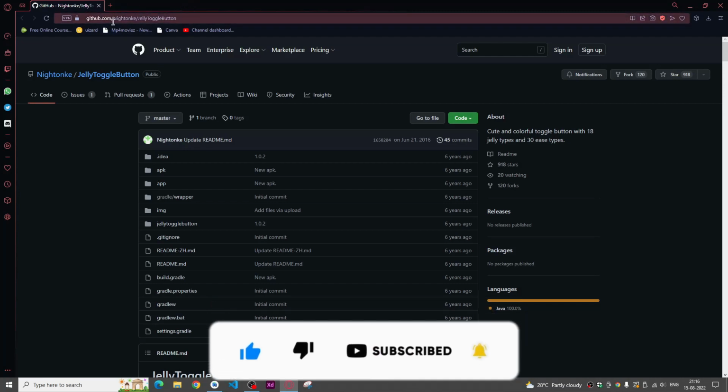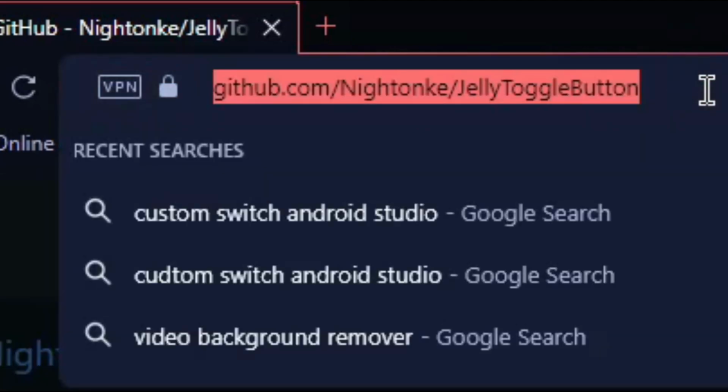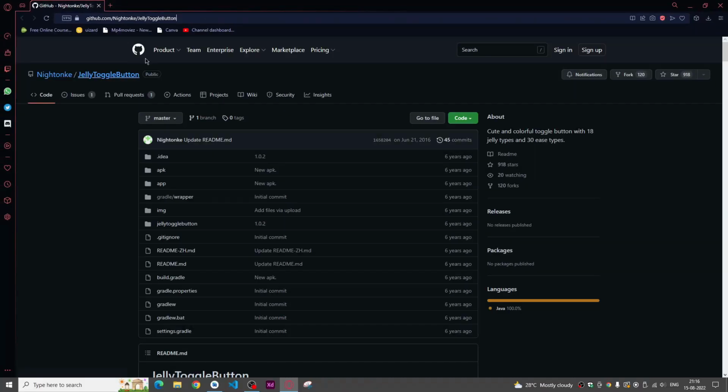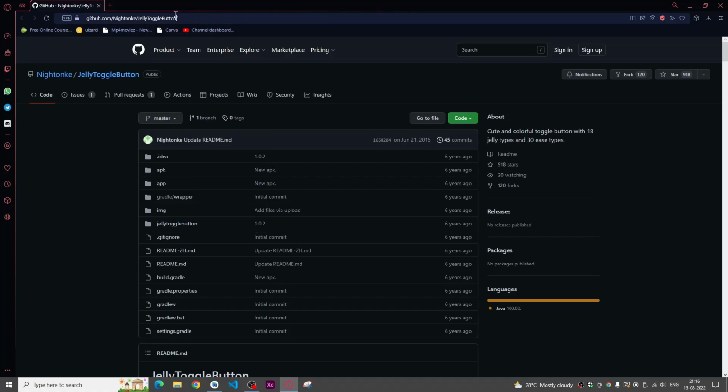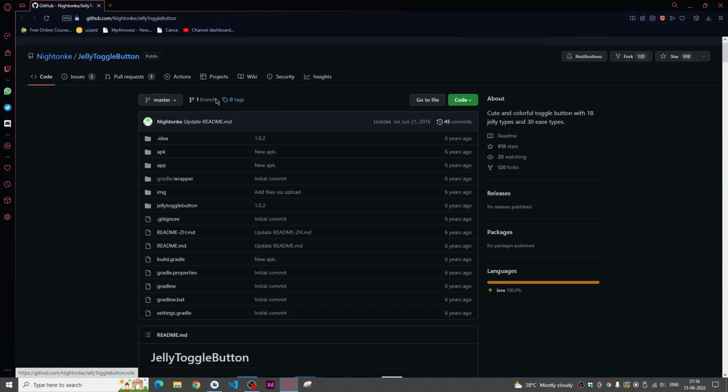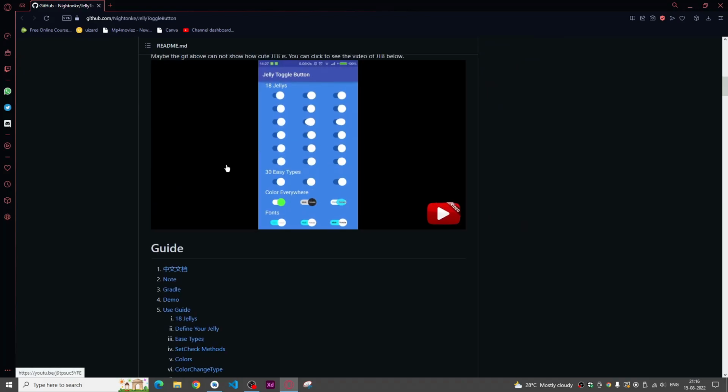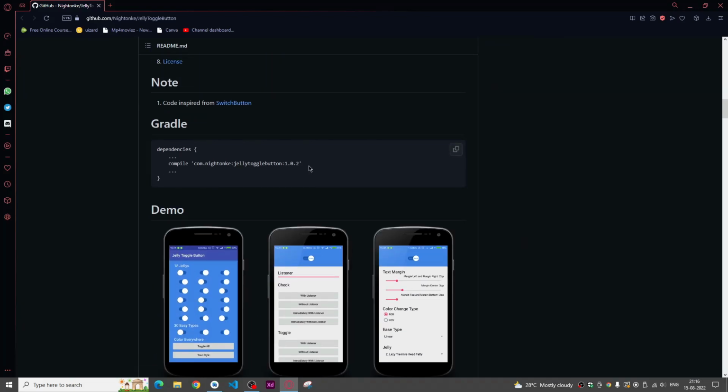you need to go to this URL location. So this link will be provided in the description, and you need to get to this website, and then you just need to scroll down until you get to the Gradle section. Just copy this line,